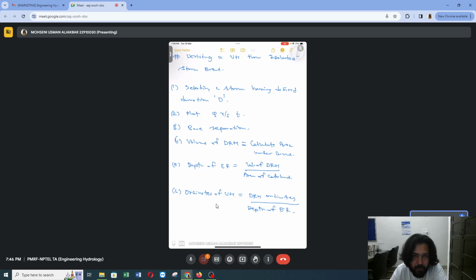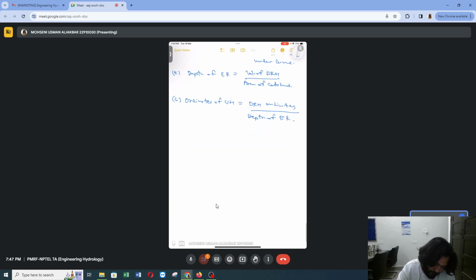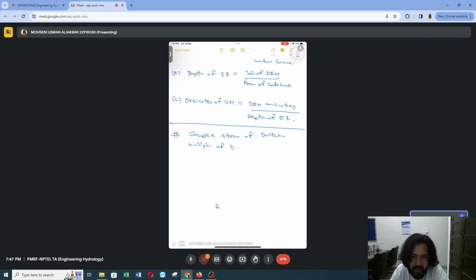Isolated storm event means it is a single storm event. Now let us say there are multiple storm events. So how can we derive the ordinates of the unit hydrograph? Here we are considering a case of a complex storm of duration multiple of D. There is a standard equation which we can use to derive discharge for this kind of problem, which is